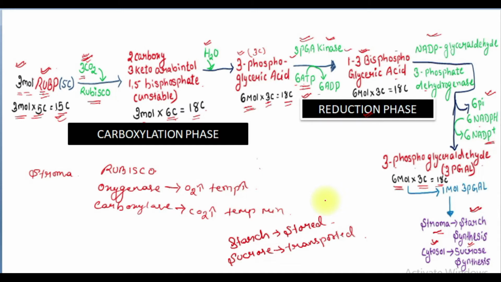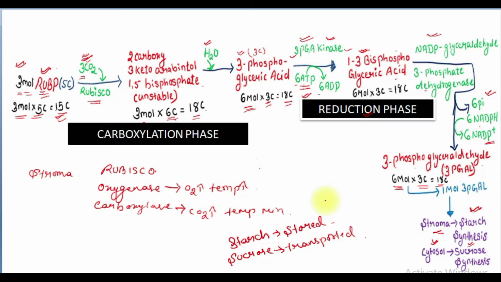Now it will be converted into aldehyde form. Okay, how will it be converted? By the reduction phase. Now it will be reduced. For this it needs an enzyme known as NADP glyceraldehyde 3-phosphate dehydrogenase. As it is being reduced, 6 phosphate will be given out. First of all, 6 phosphate was utilized, now 6 phosphate will be given out, and the NADPH which was present will be converted into NADP plus, or it will be reduced into NADP plus,